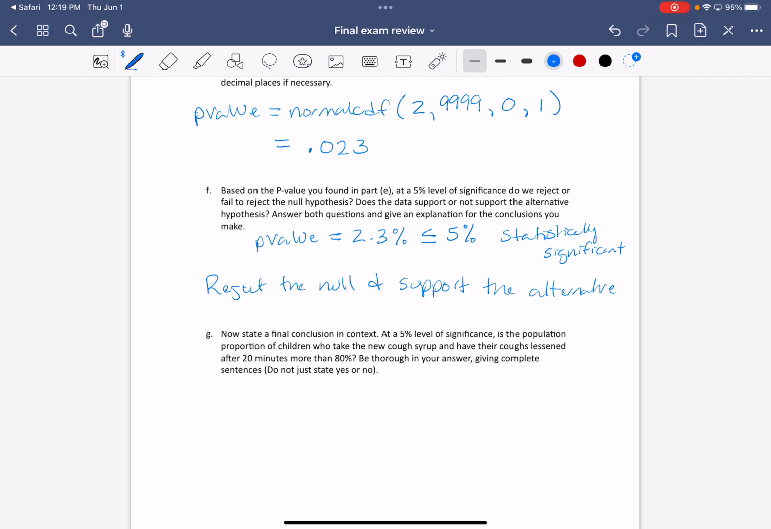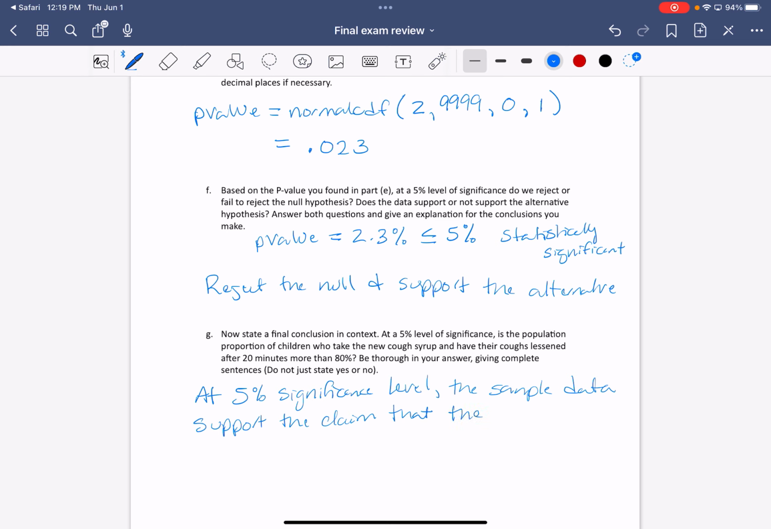At 5% level of significance, is the population proportion of children who take the new cough syrup and have a cough lessened after 20 minutes more than 80%? Okay, so at the 5% significance level, the sample data support the claim, right? We're supporting the alternative hypothesis, so we are supporting the claim. Support the claim that